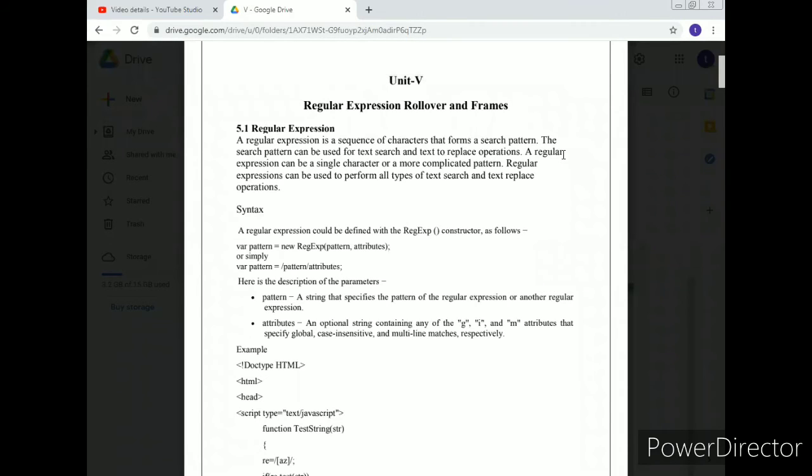Attributes is an optional string containing any of the g, i, m attributes that specify global, case-insensitive and multi-line matches respectively. Okay, so here is the example of a regular expression.